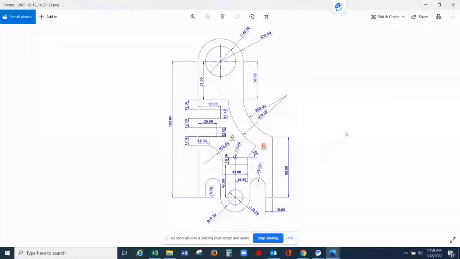So let me check this drawing first. In SolidWorks, before we start our drawing, we need to study and analyze the drawing first before we locate the starting point, the best starting point for the drawing. For example, we have this given drawing in front of you. The best way is to locate the center point of this.